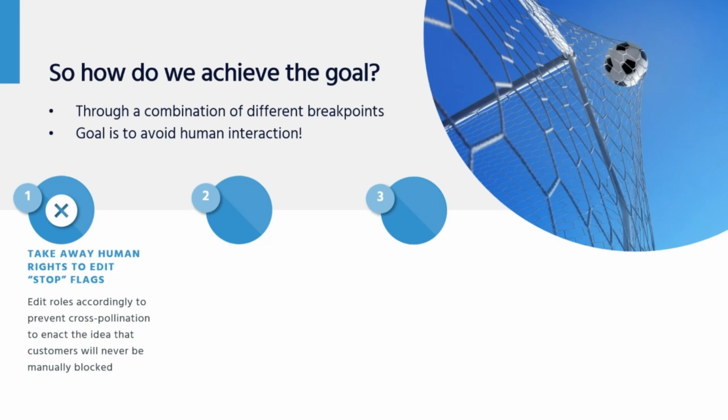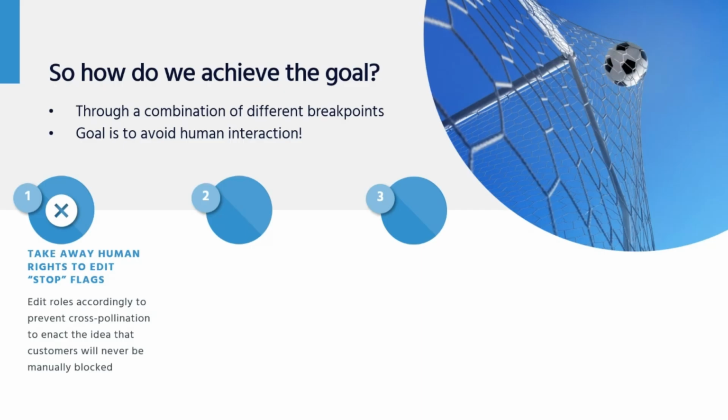So how do we achieve this? The answer generally is going to be through a number of breakpoints, because the goal here is to avoid human interaction. As said, the webinar's on automations, so it'd be pretty rubbish if we just said, yeah, just do everything manually. So we're going to use a number of breakpoints here combined to create this automated process. And that's something I do want to get across as a concept, is the idea is it doesn't have to be one breakpoint. We can have multiple working in tandem,